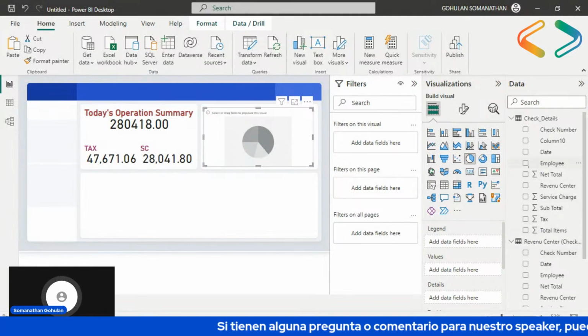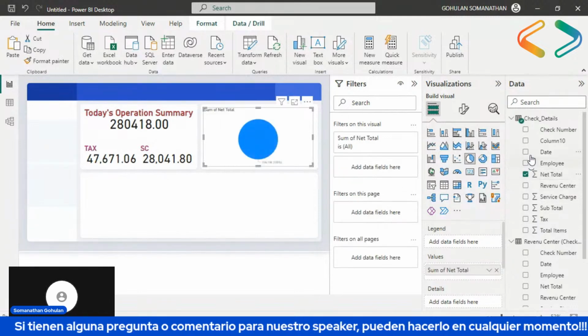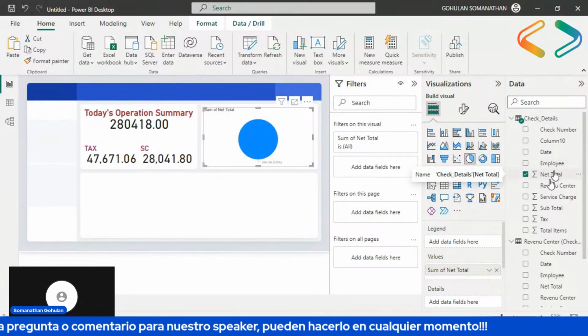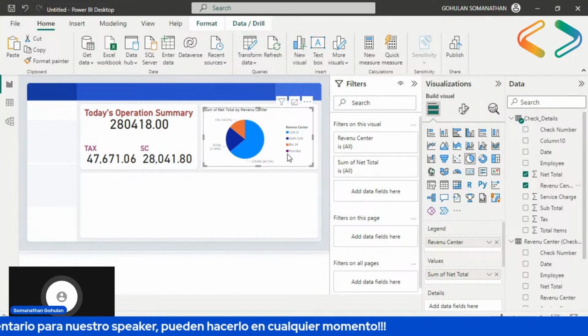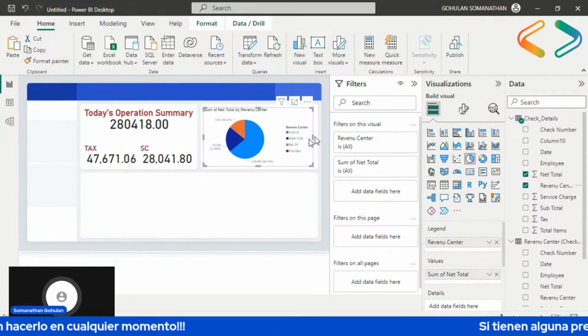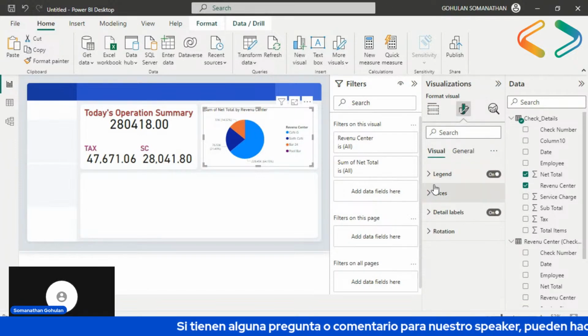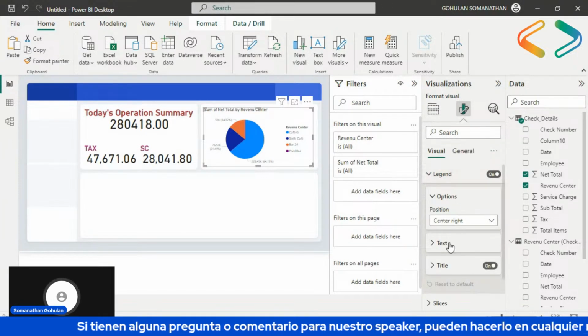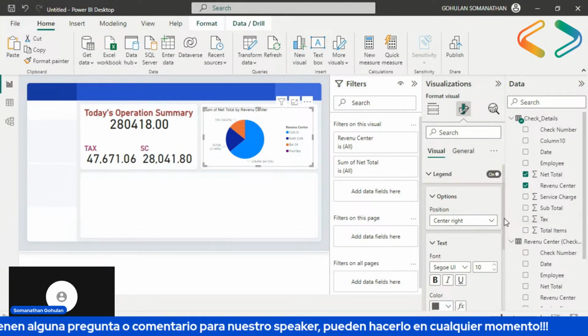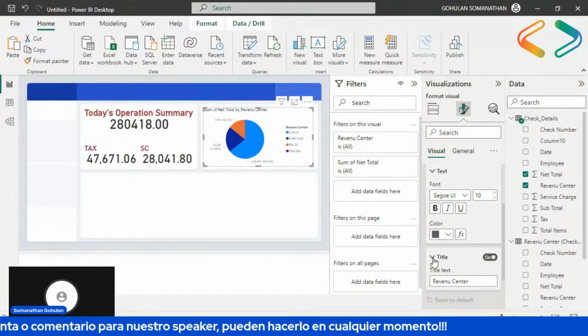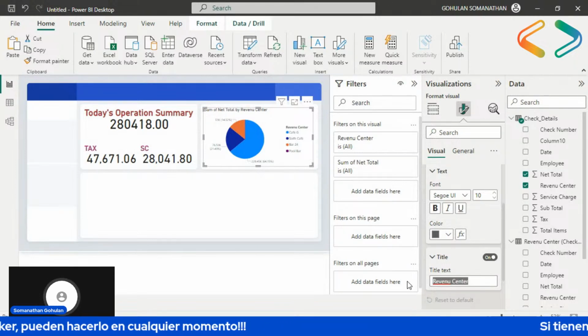Here I'm going to take net total amount and show the revenue collected from each revenue center. Also, I'm going to take the legend text and change it.